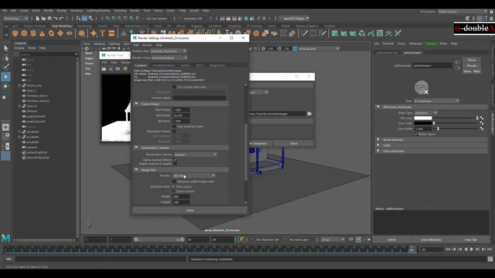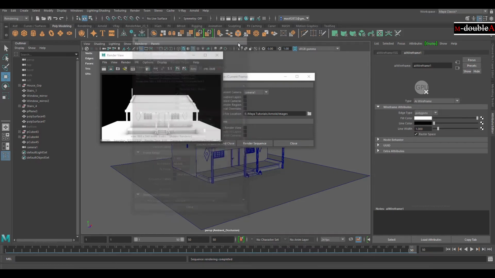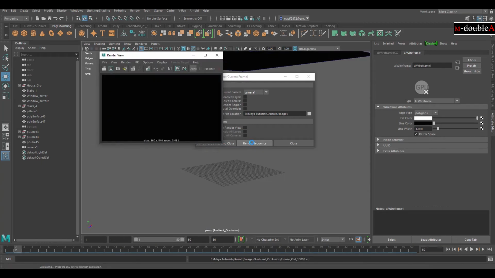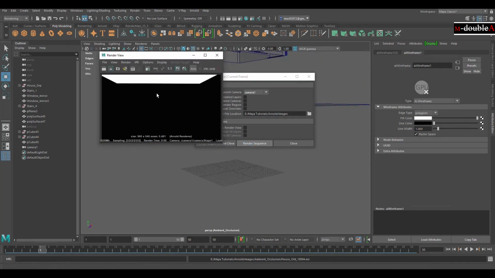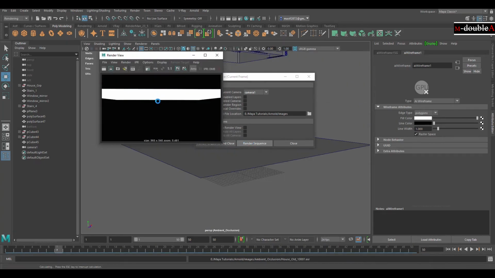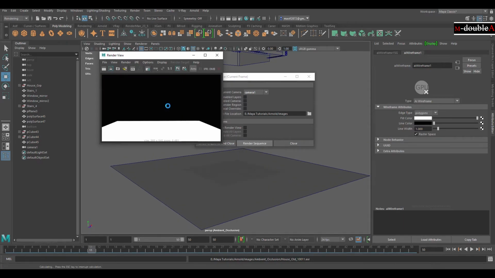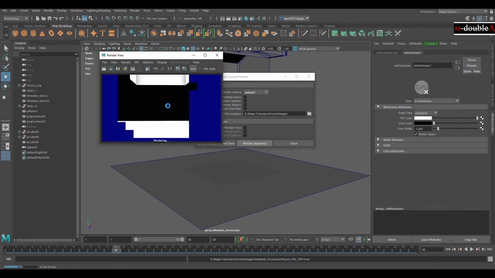Okay, this is the setup. Now click on render sequence. You can see how I animated that, and everything is going to render now, frame by frame.